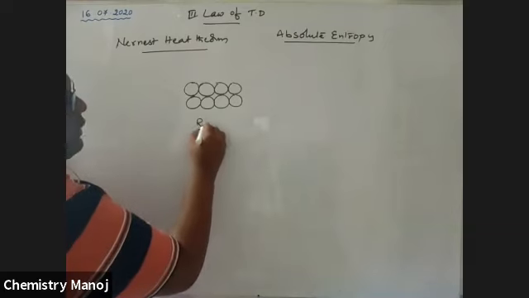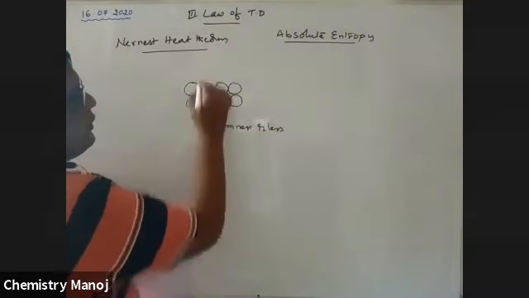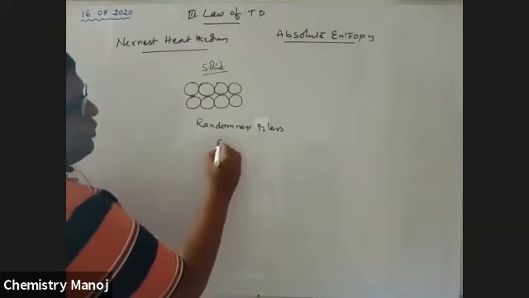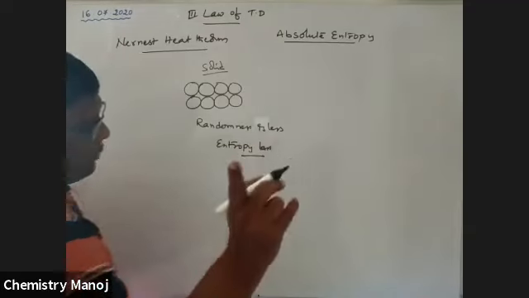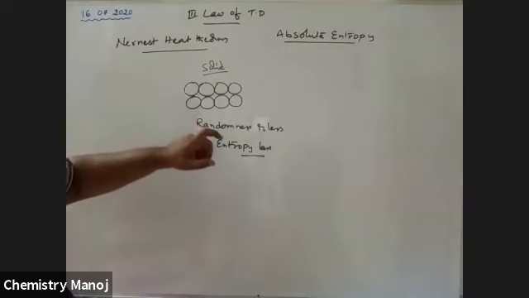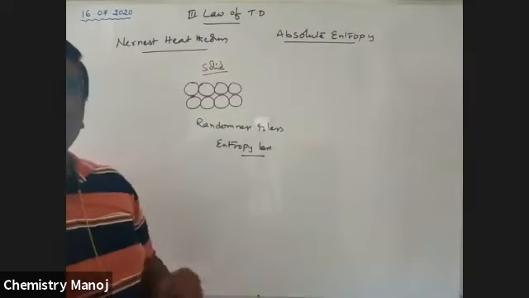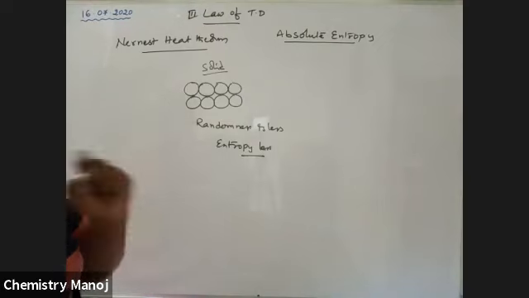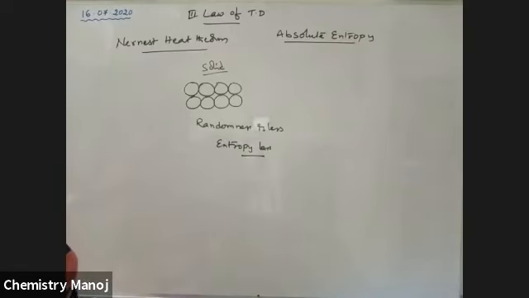So almost randomness is less. This is solid, my dear boy. Randomness less. That means entropy also lessened, not equal to 0, my dear boys. Entropy lessened, not equal to 0, because if these atoms are closely arranged, there are still slight vibrations in the atoms. Those vibrations give a little randomness. That little randomness creates some entropy, and that's why it never goes to 0.